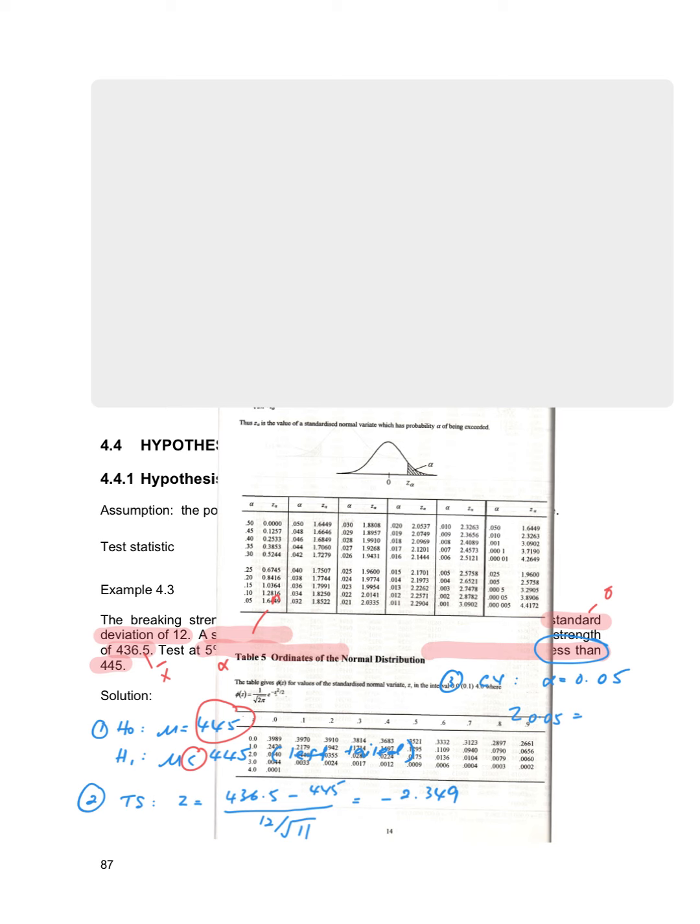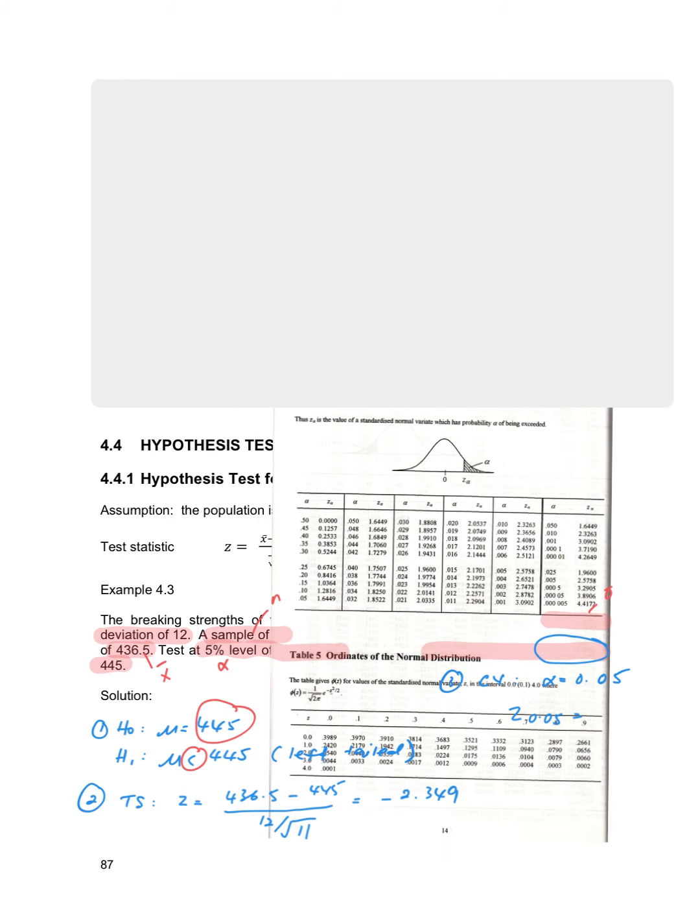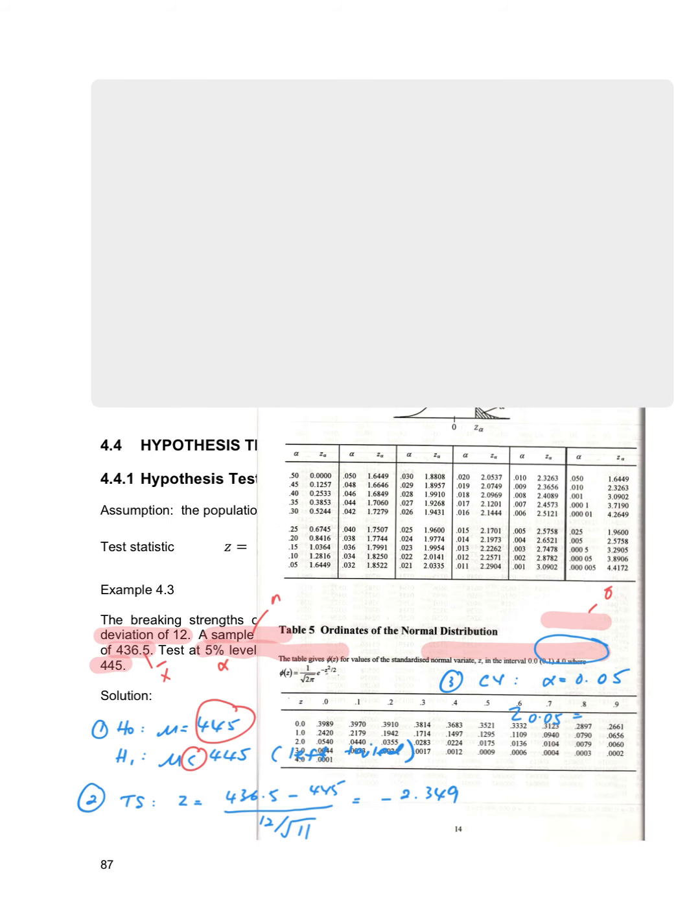Okay, so find alpha 0.05. You should look at this column. Find 0.05. 0.05 is here. Z 0.05 is